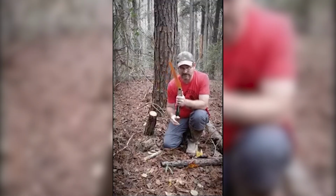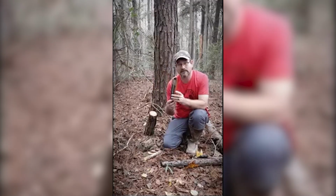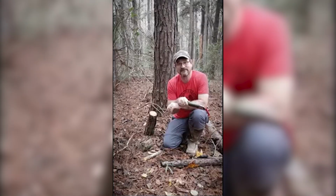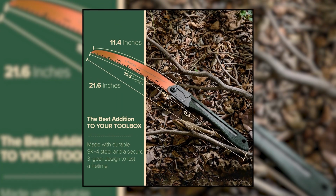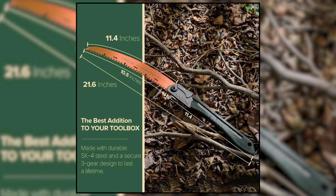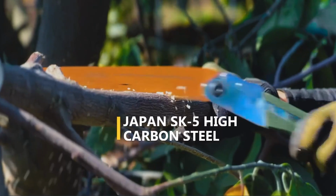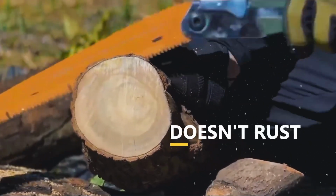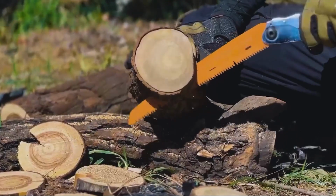The design also focuses on comfort. The handle was shaped to feel natural in your hand, soft where it needs to be, and sturdy where it counts. Long cutting sessions feel easier, and your grip stays secure while pruning, shaping, or trimming. Add in the non-stick coating and chip clearing blade design, and you get smoother cuts with fewer snags and less drag through dense wood. This folding saw has already earned the trust of gardeners, campers, makers, and outdoor enthusiasts because